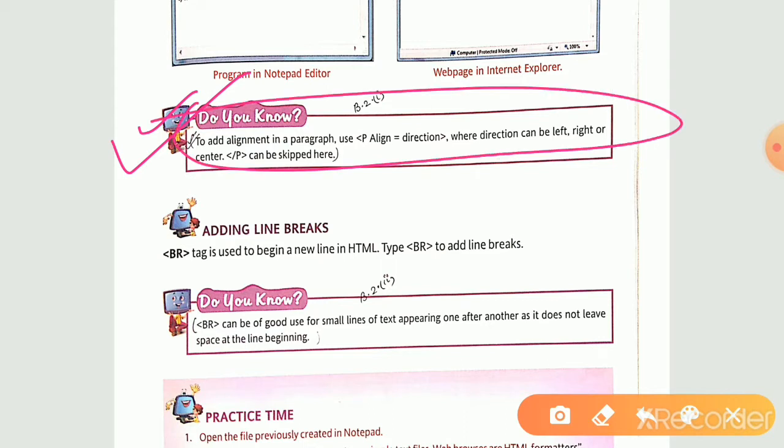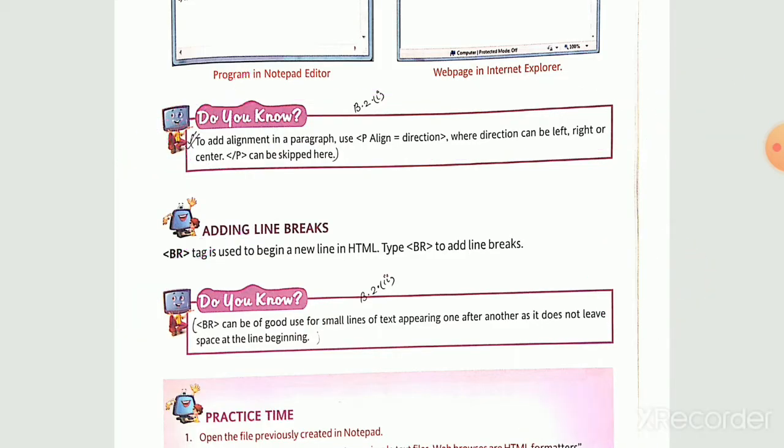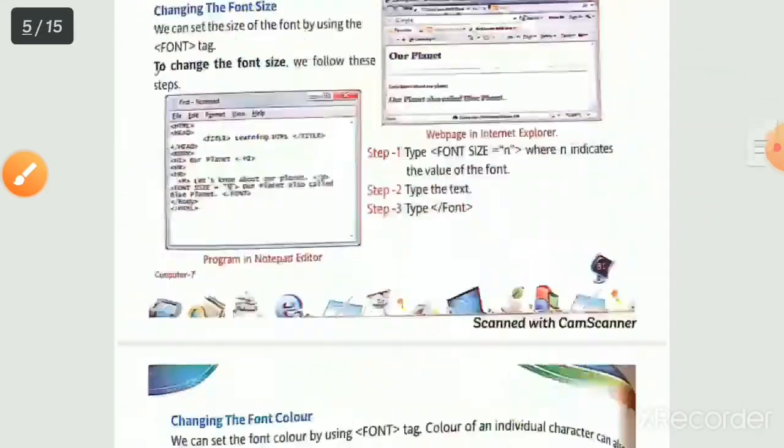Okay, now the second answer also you can see on the same page. The second do you know portion is the second answer. BR can be of good use for small lines of text appearing one after another, as it does not leave space at the line beginning. So this is for the first answer, and second do you know is for the second answer. Okay, now moving forward,